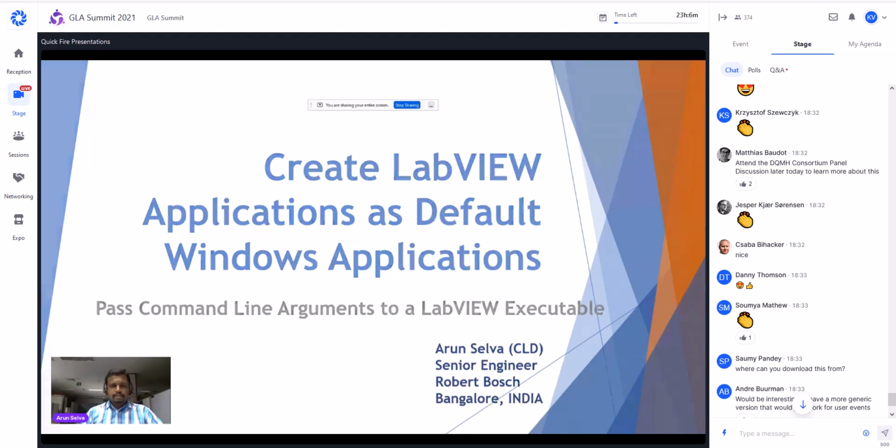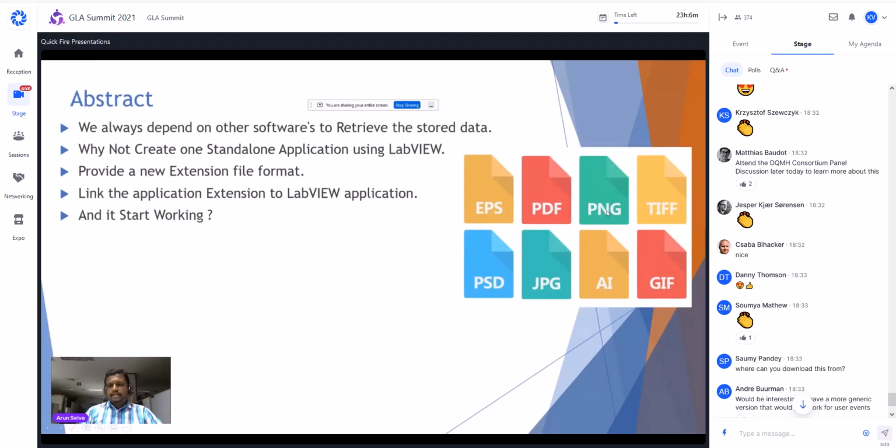Usually we have a dedicated extension for each format. If you want to open Excel, you need to use .xls. So what if I want to use my own new format? I'll create a new format like .abc or .xyz, and I'll call it from LabVIEW, and it doesn't work